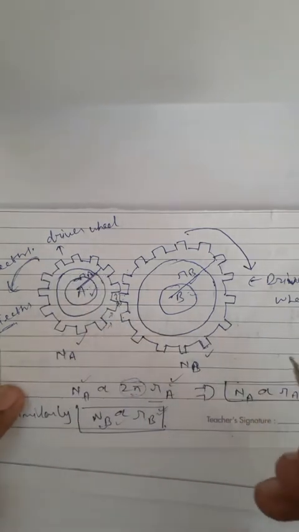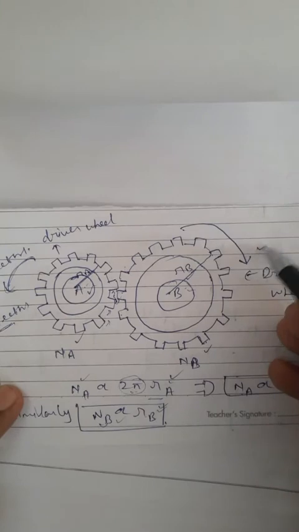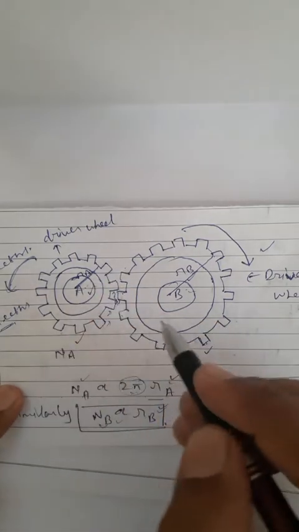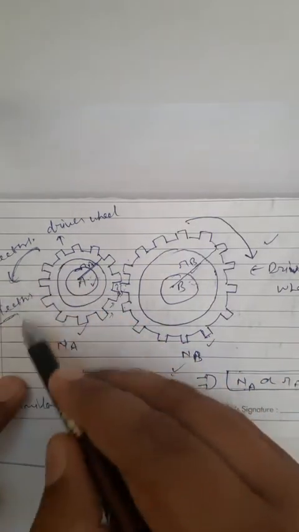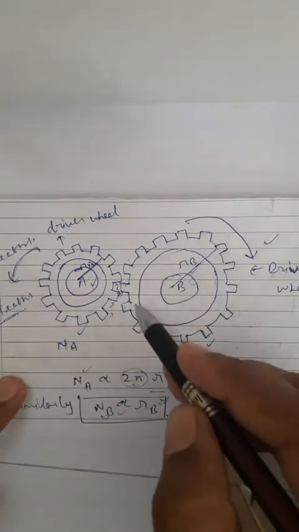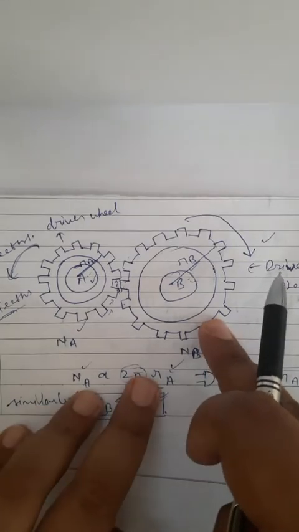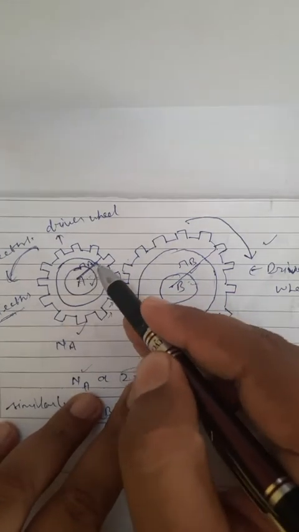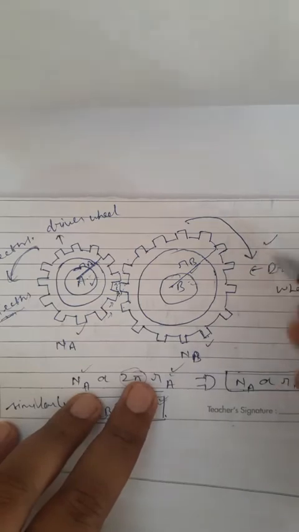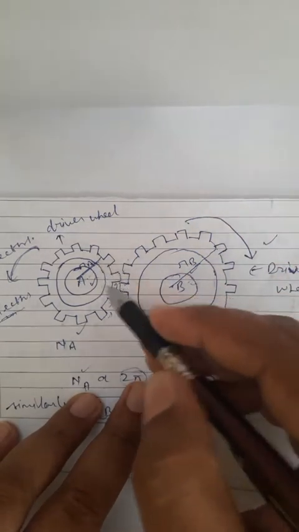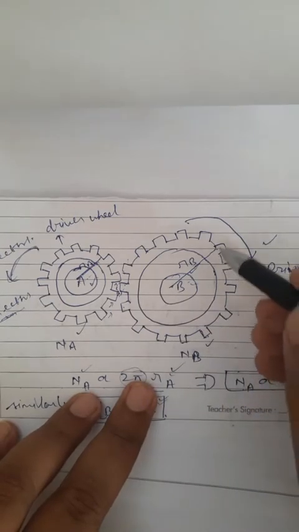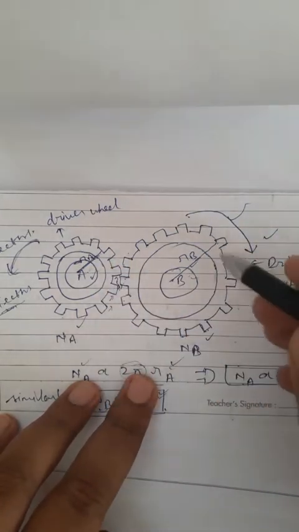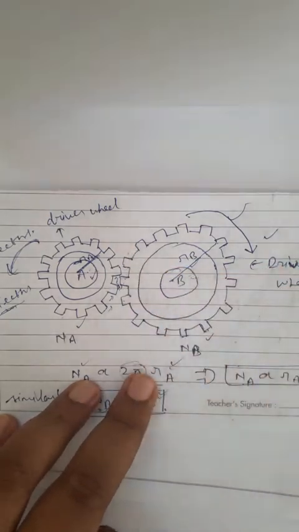Now since A has completed one revolution and only 100 teeth of gear B are gone past, now A starts taking another revolution and its 100 teeth will again apply force on the remaining 100 teeth of gear B. So we can say that if gear A has 100 teeth and gear B has 200 teeth, this indicates that for one rotation of gear B, A will rotate twice.